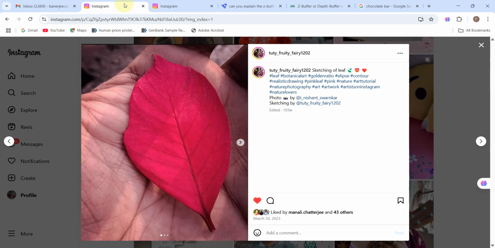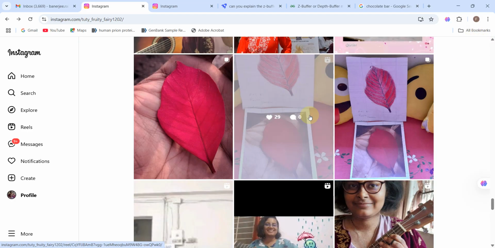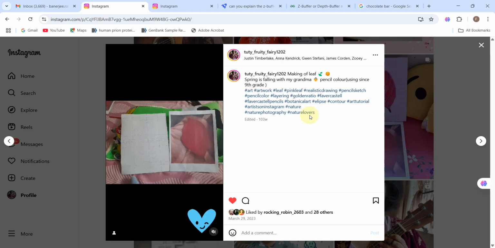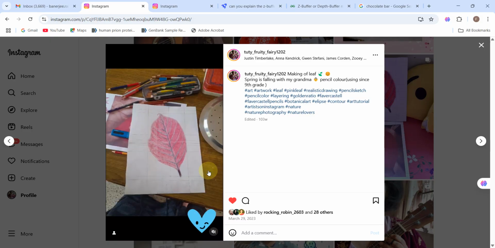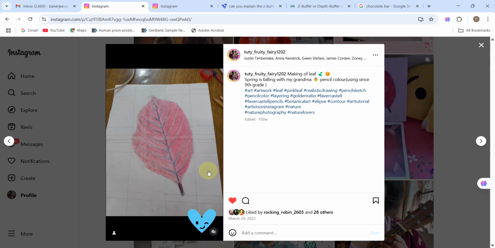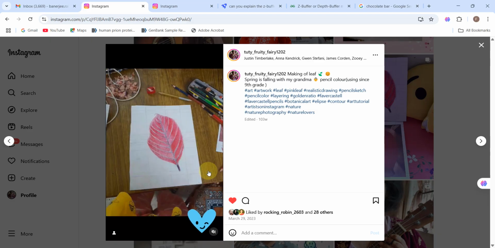Similarly, I have the example for this leaf painting as well. See how slowly the color of pink shades is coming.